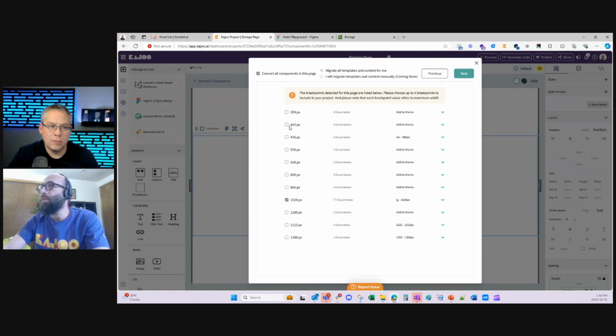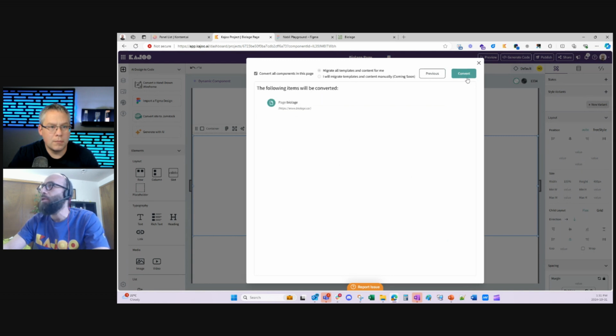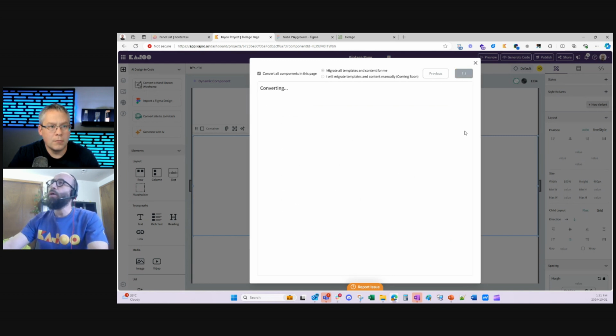So, for example, I can see here there's 3 occurrences, and I can map this to the breakpoints in my design system. So maybe 480. And this is not important, so I'm going to ignore it, or maybe I'll add it to the 480, so I can consolidate. And then maybe I'll pick 600. I'll map it to this, and that's good enough. And now I can convert.